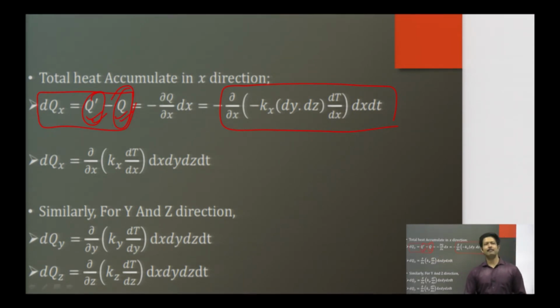Okay, if you rearrange it, we have dx, we have dy dz, so it will be dx dy dz dt. Now similarly for y and z direction, you need to see a trick here. For qx, the thickness will be delta x, so it will be dx here, and the volume will be dx dy dz. Similarly for qy, the thickness will be delta y, so here also it will be dy.